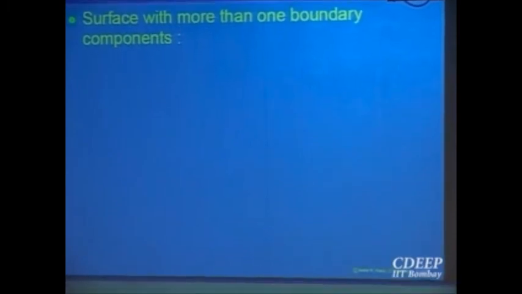But how do you extend this kind of thing? Once again, you can imagine you are not cutting it off. Take the upper part as one surface, the angular part as another one, and you are patching up the two. So what will happen to that line integral on the common boundary? From that one, when you are putting, it will be the opposite one, and for this will be the opposite one. The two will cancel out, like it was happening in Green's theorem. So the whole thing can be said to be equal to the boundary of S1 plus S2 kind of thing, right?